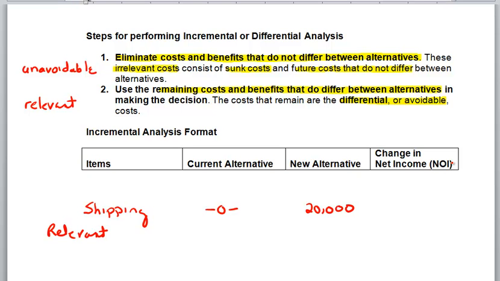Namely, you'll have items, whether they're revenue or cost, that you look at under each alternative, and you'll put down what is its current revenue or cost under each alternative. And then you take the difference between these two alternatives to say, how would it change my future net income? And this is always talking about future